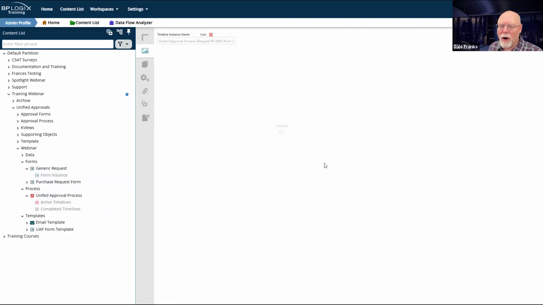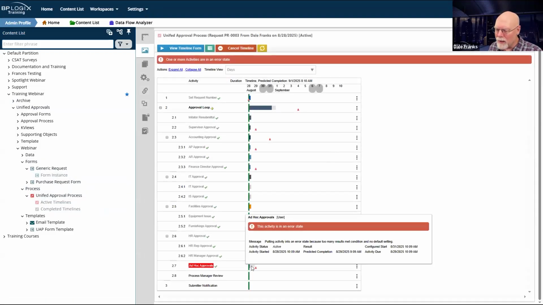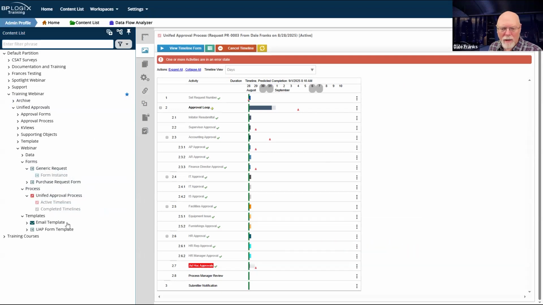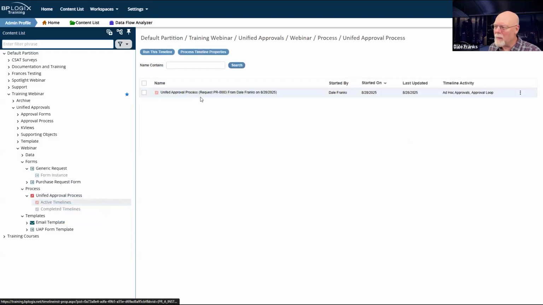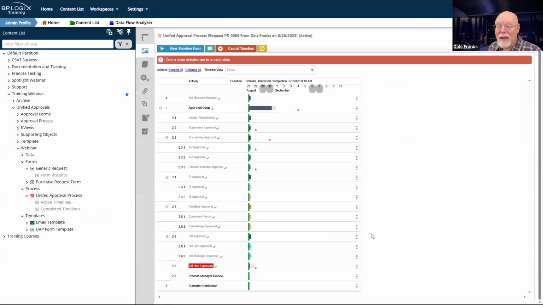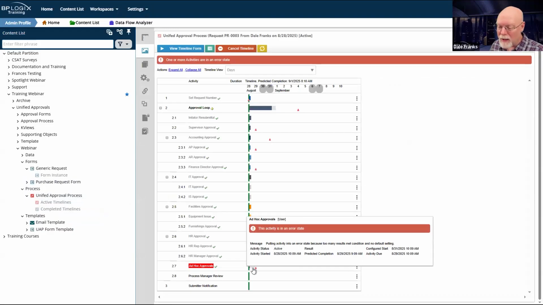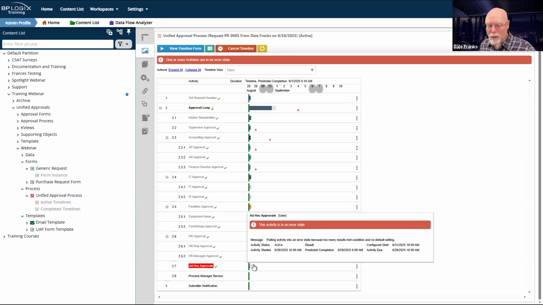And let's go to our administration timeline view, and ad hoc approvals. Wait a second. This is a completed timeline. This is an active timeline. Okay, which one is this? It went to finance director. Okay, it errored out because I didn't put in a user. Okay, I didn't have a user, and it ended without a result.